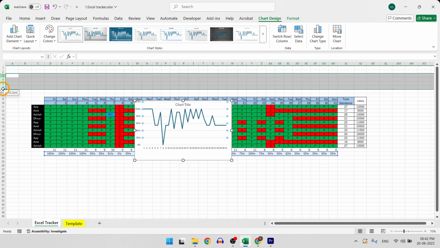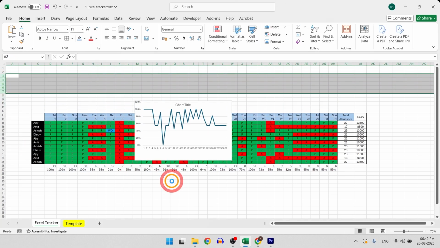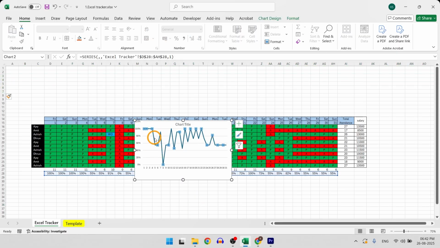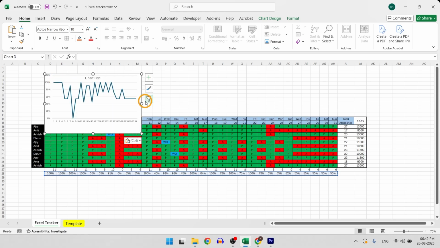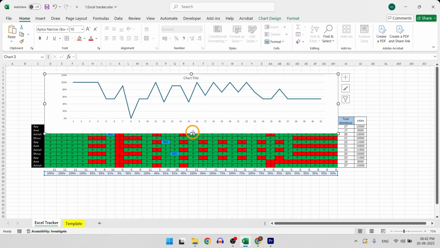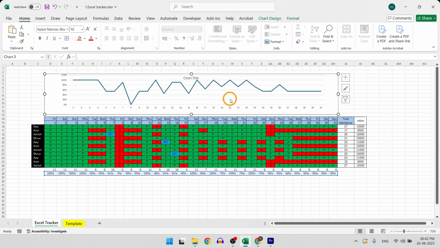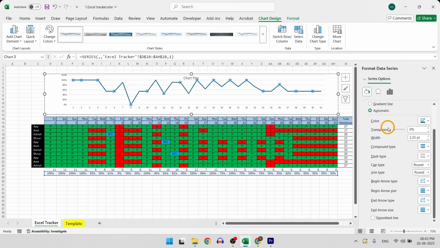I will move it to top, resize it, and under series option, change it to a smooth line.